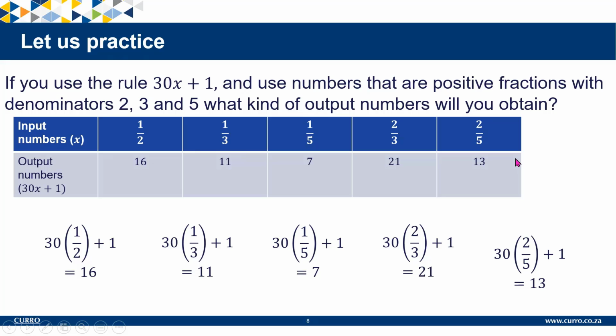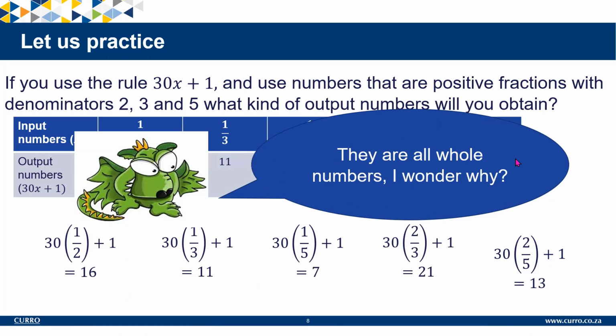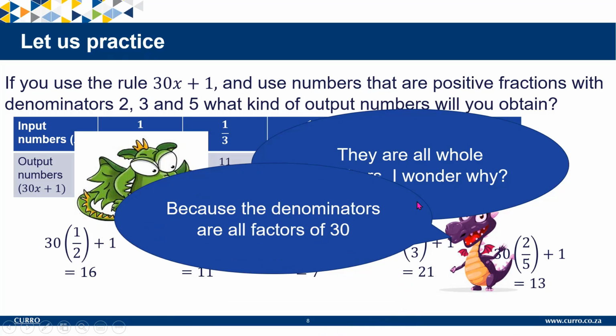So what do we notice about our output numbers? Well done, Zoot. They are all whole numbers. He wonders why. You're right, Snoot, because the denominators of the fractions, the input numbers that we use, are all factors of 30. So if half of 30 will give me a number without a remainder,